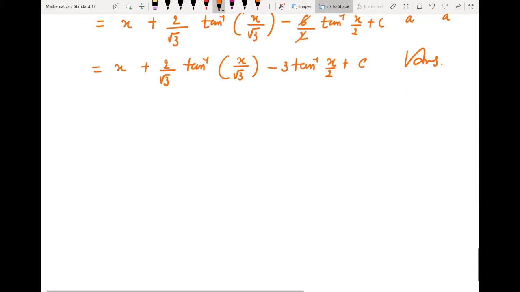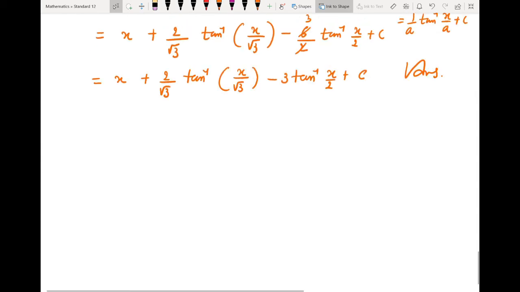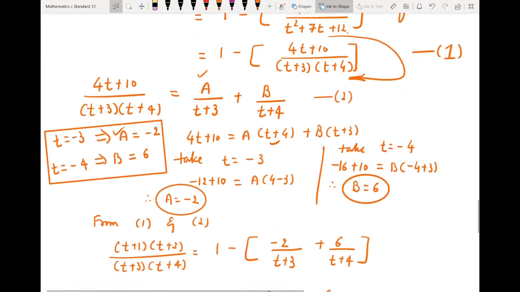Similarly, now you note the difference. Here the powers were equal: x square plus 1, x square plus 2, x square plus 3, x square plus 4 in the denominator. But if there is an example of the form